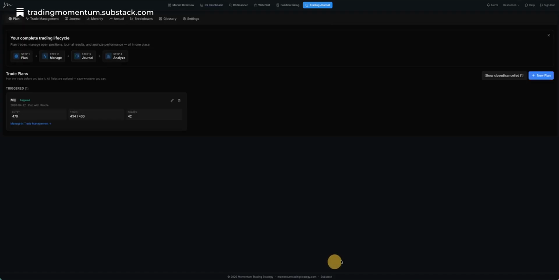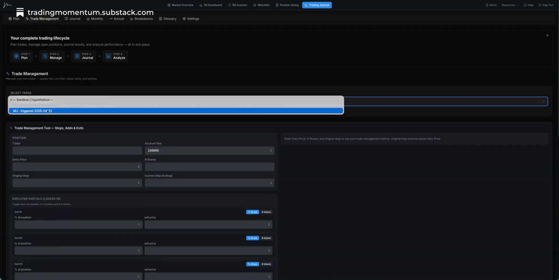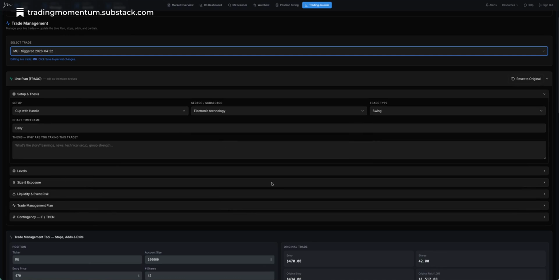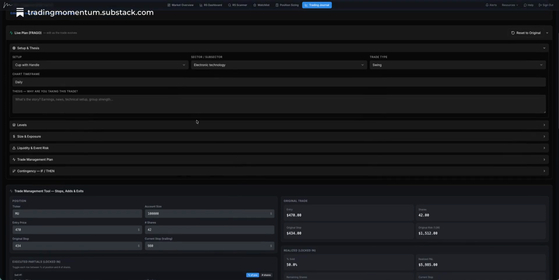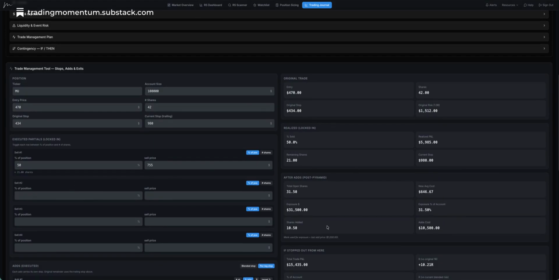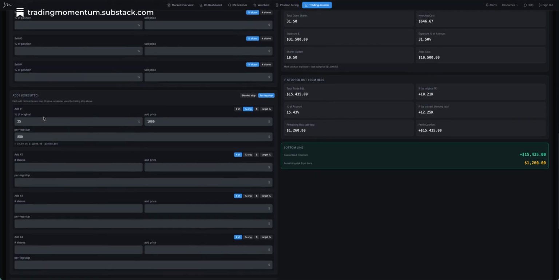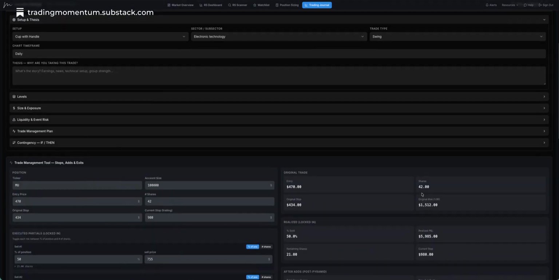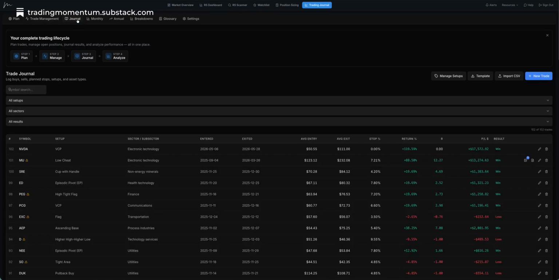And then once you're done planning your trade, once you hit triggered, you can then move to trade management and pull that trade data in here. And now you can update your plan, because once you're in a trade, sometimes conditions change, the stock changes, things change, and you can update the plan along the way. And when you sell some into strength, you can mark that, which helps you keep track of your risk management. When you have some adds, you want to add some at a certain level, and it'll show you your risk from there. And then once you close out the trade, obviously your standard journal, but it's